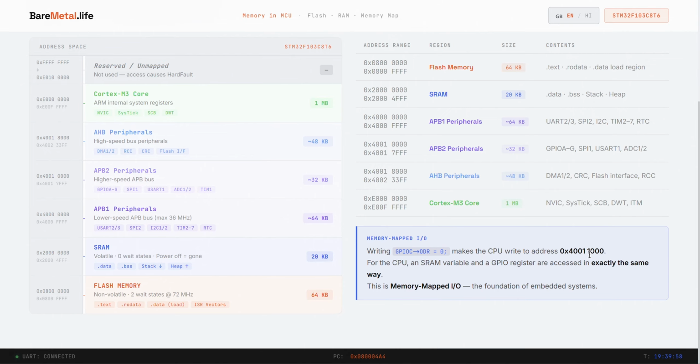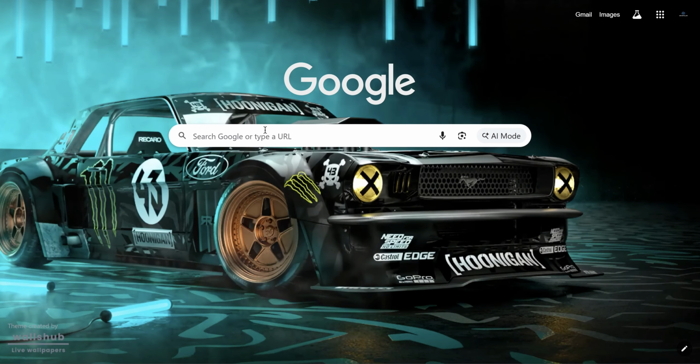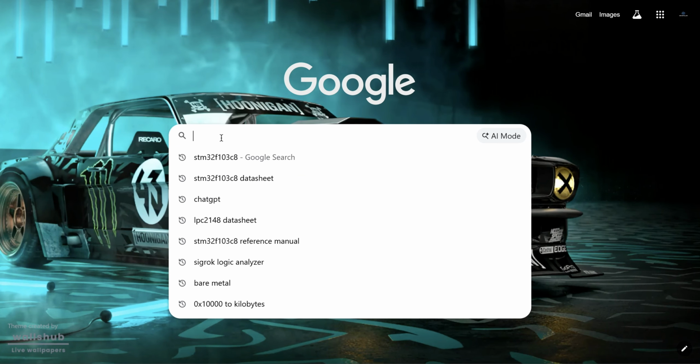This is called the memory map, and it is the foundation of how embedded systems work. Hardware peripherals are not accessed through special instructions. They are mapped into the same address space as your memory, and you interact with them just like any other variable. Here, I would like to state that all this information that I'm sharing is taken from the datasheet,